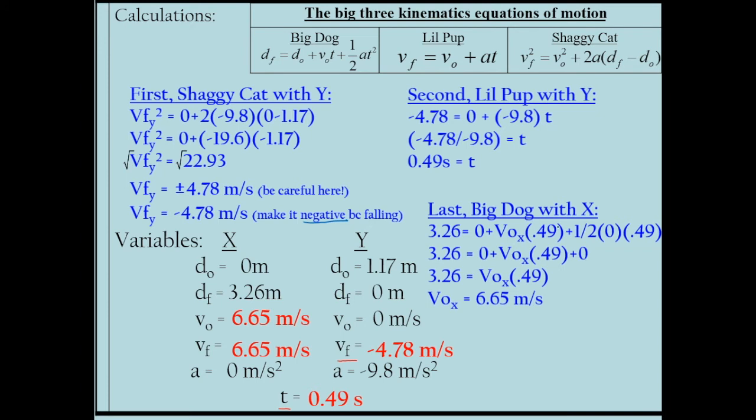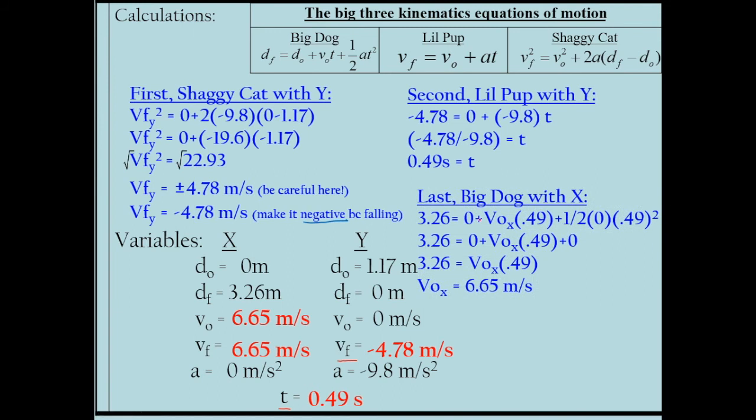Now that we have our time, we can go ahead and solve for our initial velocity in the x direction. We can do that by using big dog, because big dog is only missing VO, where little pup is missing VO and VF, and Shaggy Cat is also missing VO and VF. So using big dog, we get 3.26 is equal to 0 plus VOX times our time, which is 0.49, plus